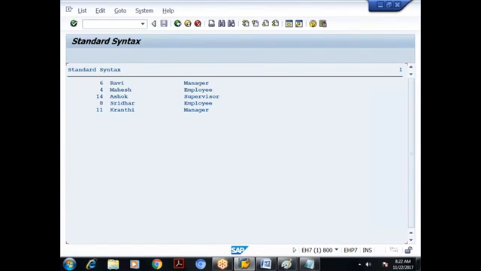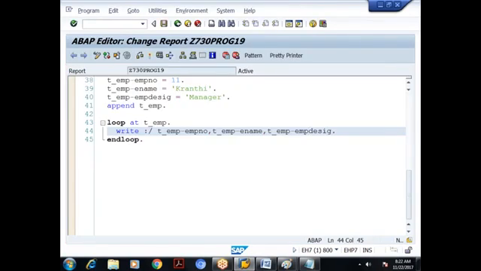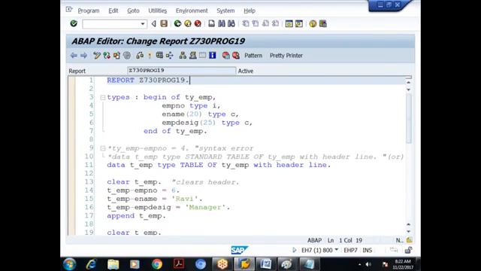The main thing you have to focus on in this is that we are eliminating the usage of the Occurs keyword. So what is the standard syntax for declaring an internal table? First we create a types declaration with the required fields. Types declaration only acts as a template. It doesn't allocate any memory. Based on the types declaration, we need to create the internal table.